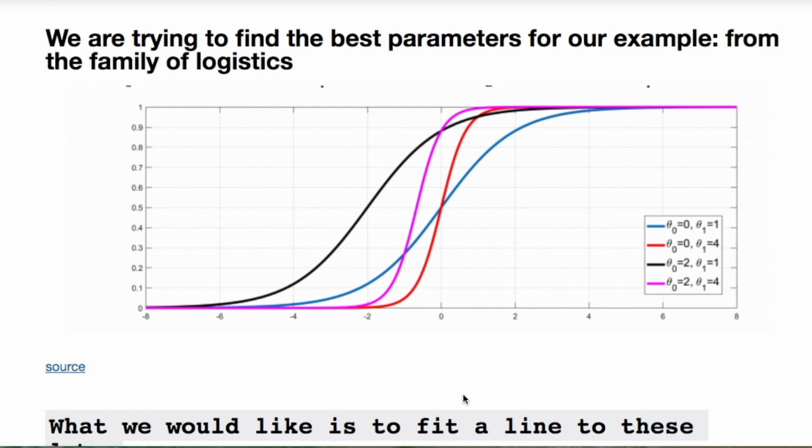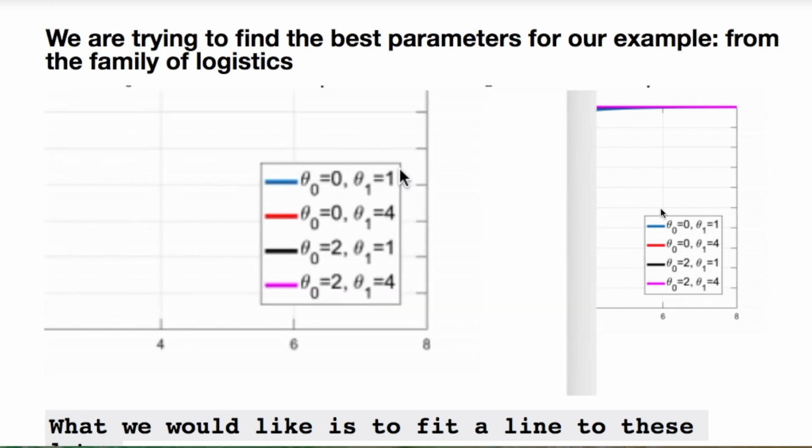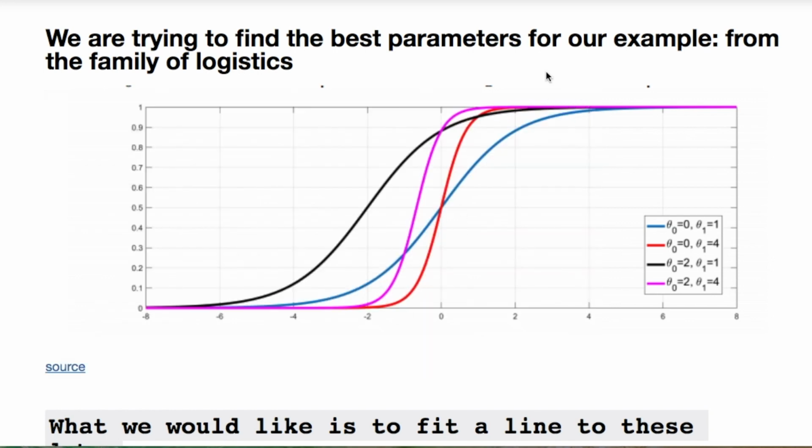Understand that the logistic function, the sigmoid function, is basically a class or a family of functions. Remember that if you look right here, we're manipulating the parameters, and that's going to cause the shifting of this plot. We're trying to maximize the values for this to give us the best fit line. You could think of it like that.